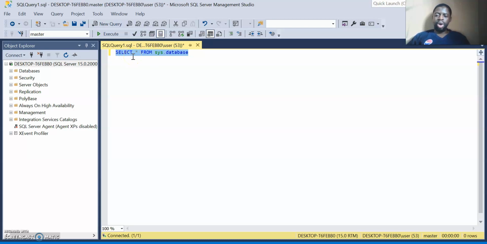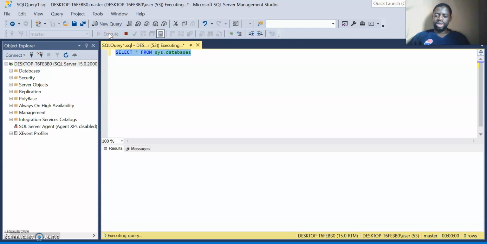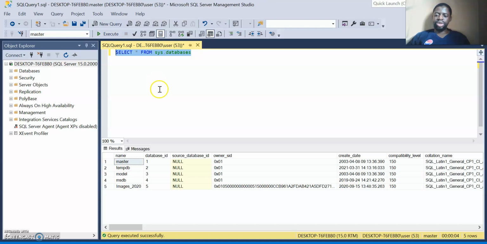So if you want to see all the databases on this system, what you're going to do is just run select all. I think there's an error here, sorry. Select all, and then you can just highlight this. While highlighting this, then you can just click on execute. Just click on this execute, and you're going to see what this actually brings for you. Yeah, so the query has been executed, and you're going to see all the databases that I have on the console here. So you have the master, you have the tempdb, you have the model, you have msdb, and you have IME 2020. I actually created IME 2020 myself.